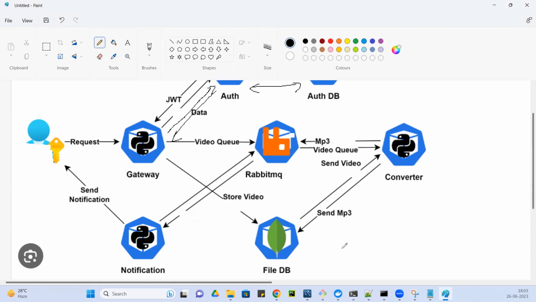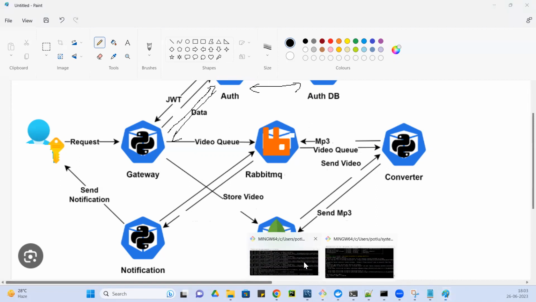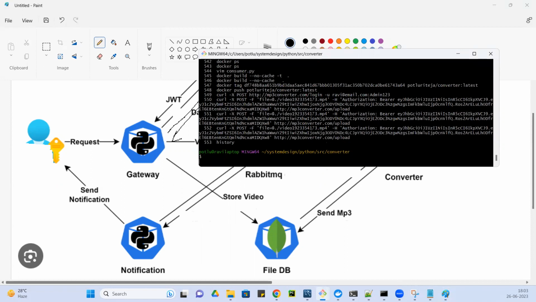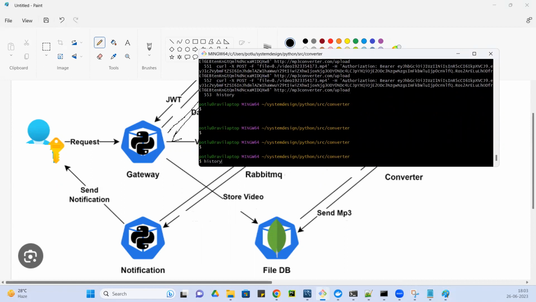Any application will need auth, right? So that's the one flow. If we want to check the flow, so